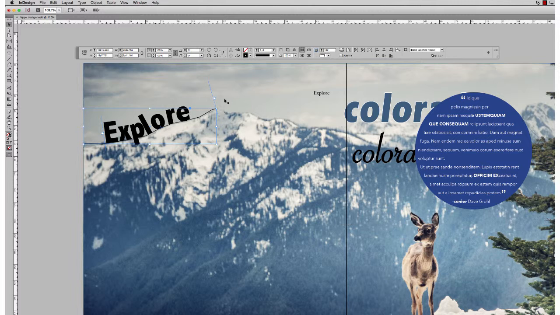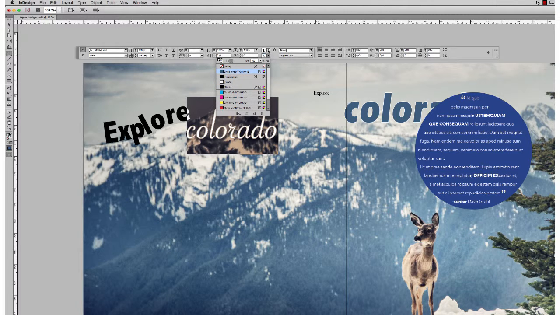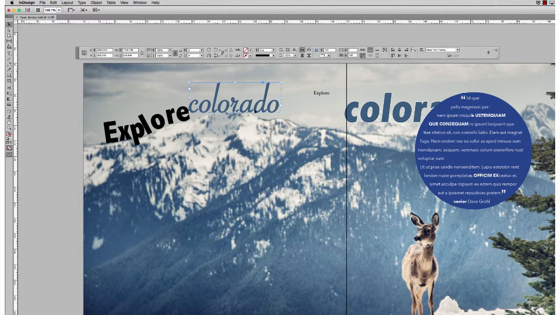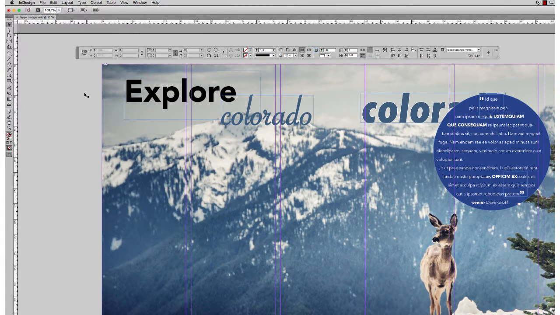One thing that works well if you are working with display text is to vary some serif and sans serif together, taking a little more creativity. So here we're going to play with some of the colors with my display text and see how we can get that to work together. So that might be one option. Maybe instead of having it on the path, this time we're just going to rotate it in, just have that movement, see what that looks like. Not really wild about that, so I'm going to undo that using Command Z. Start just combining those fonts together,